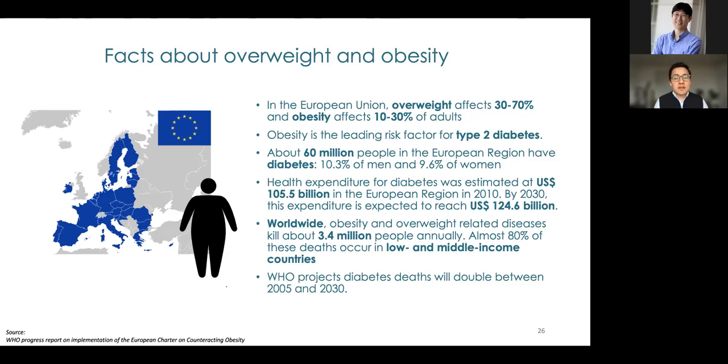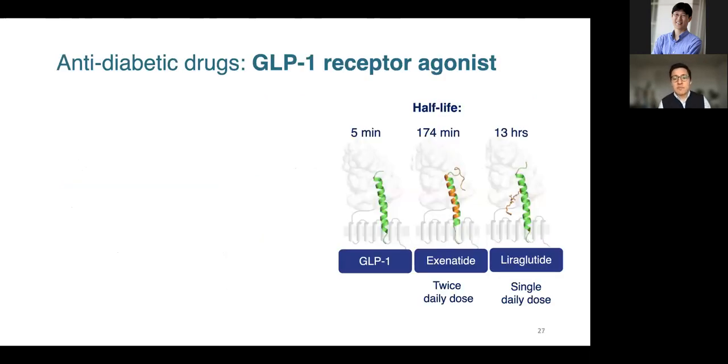However, the picture in the medical community is changing. Now people start to see obesity and overweight also as diseases where genetics play a very important part. And for that, there are also very specific and effective treatments to treat this type of disease. So one success story is the GLP-1 receptor agonist, which are these small peptides. GLP-1 is a hormone that is naturally produced in the body after meals.